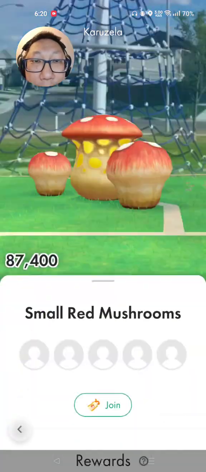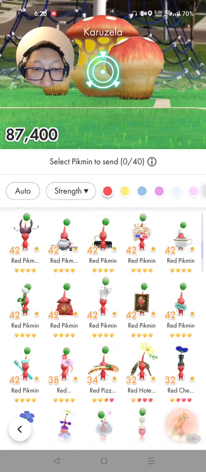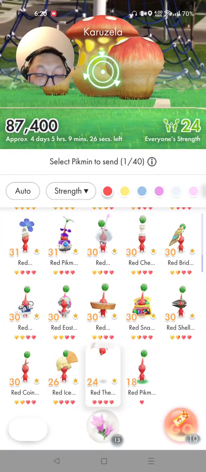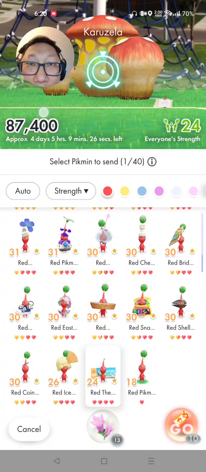Go to the red mushroom, boing, and we'll pretend to join. We sort by strength, but go to the red so you can see the differences. Scroll all the way to the bottom. The guys that are weak have 18, nothing. Guys with 4 attack power, four hearts, have 6 more, which is really negligible considering it's supposed to be 8,700 and 87,000. So